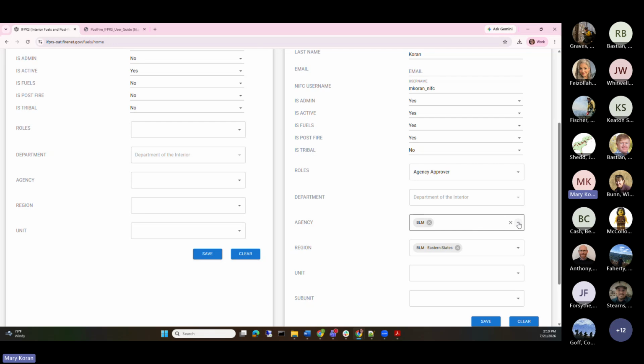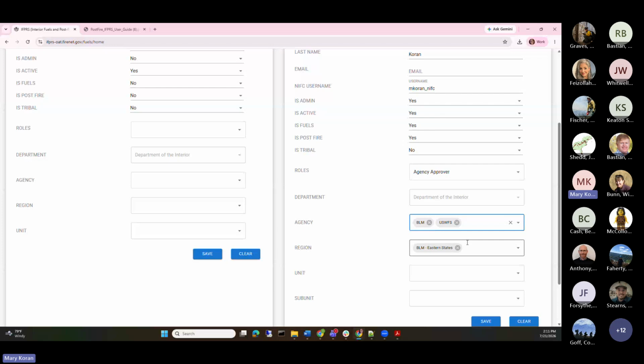But now with being able to multi-select, I can add additional agencies here, of course, based on your system, or your legacy agency. So if I add US Wildland Fire Service here, that will allow me to have options for anything associated to the USWFS. One way we realized as we were kind of building this out was if we're going to have